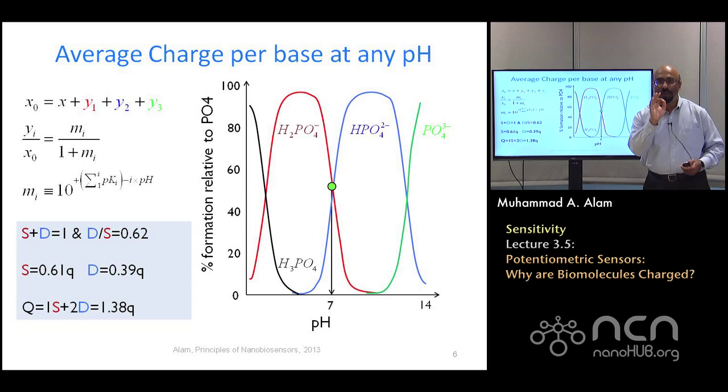We did it for one particular value, but of course if you wanted to do it at any other pH, for example 6, then you'll say everything is singly charged. If you did it at 8, you'll say everything is doubly charged. So you can see the same length of biomolecule can go from, let's say, 100 length, the charge can go from 100 to 200 simply depending on your pH concentration.